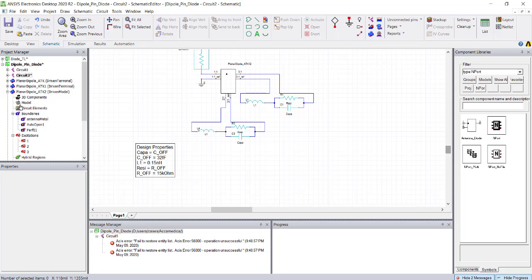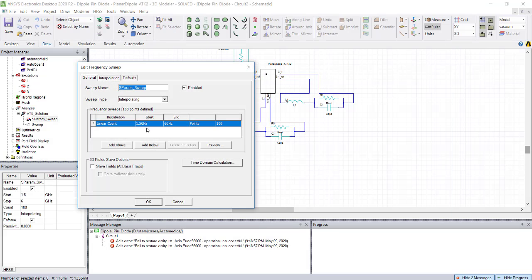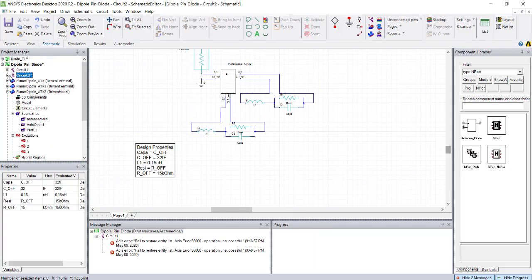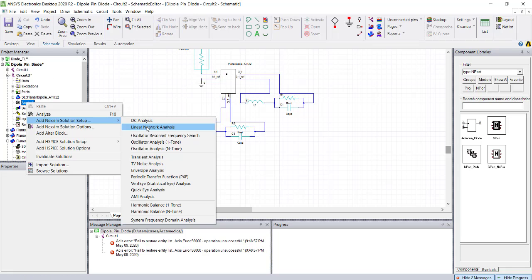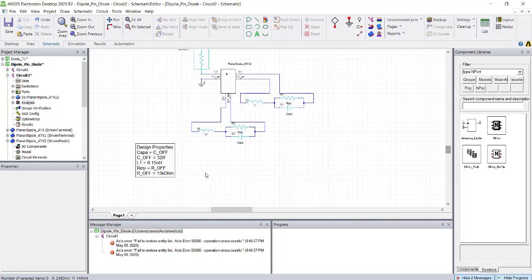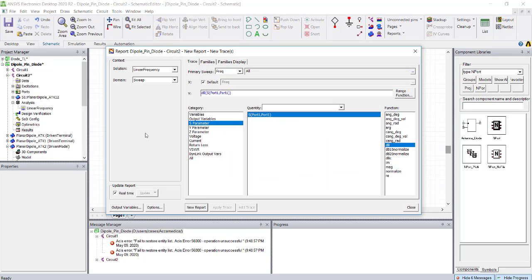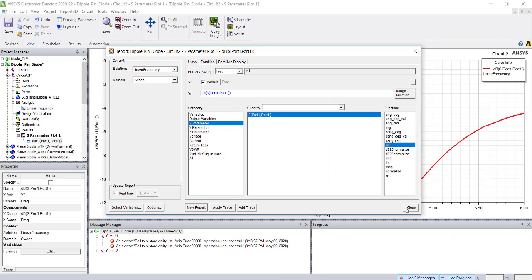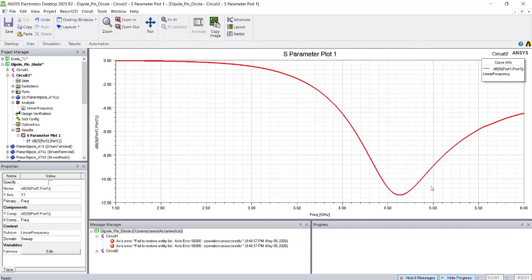What we need to do is see till what frequency the S parameters are simulated, 1.5 to 6 gigahertz. So go back to the circuit and set the analysis as a linear network analysis, and make sure 1.5 to 6. You can enter any number of frequencies, it will do the interpolation. Then as usual, run it. Now what you are going to see is the rectangular plot, S parameter. So this is the S parameter when the diode is in off condition.